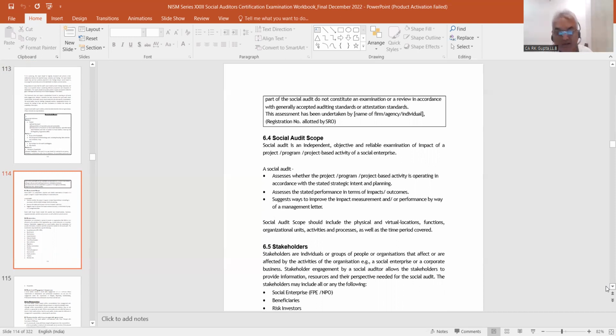ए मैनेजमेंट लेटर। भाई जैसे हम ऑडिट भी करते हैं तो ऑडिट में क्या देखते हैं, भाई प्रॉफिट हुआ, लॉस हुआ, क्या हुआ। अब यहाँ प्रॉफिट लॉस वही इम्पैक्ट या आउटकम है कि जो भी हम सोशल एक्टिविटी कर रहे हैं, जो हमारा इंटेंट थी वो फुलफिल हुई कि नहीं हुई, और उसके लिए अगर हमें कोई सजेशन देना है मैनेजमेंट को तो वो भी हमें देना है। तो ये सोशल ऑडिट का स्कोप है।